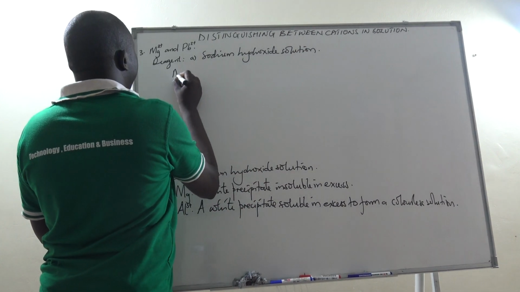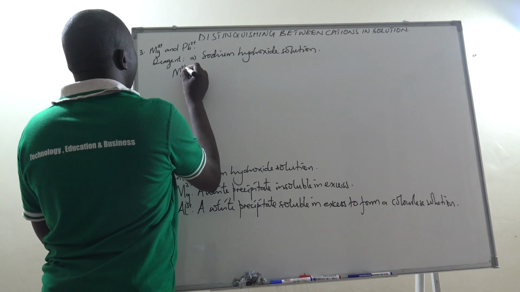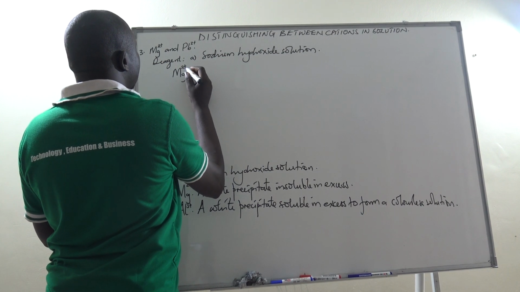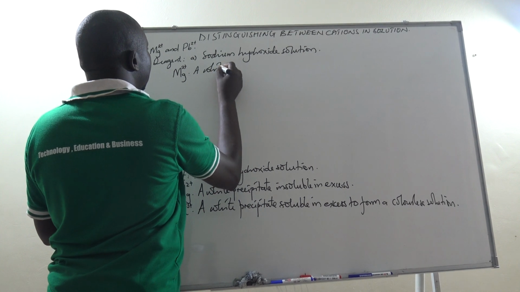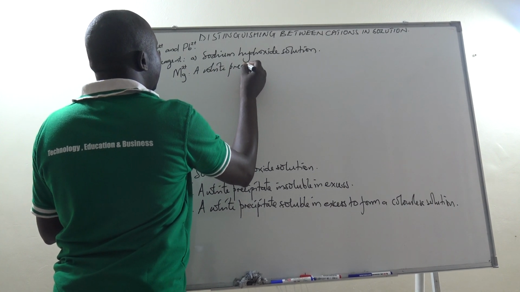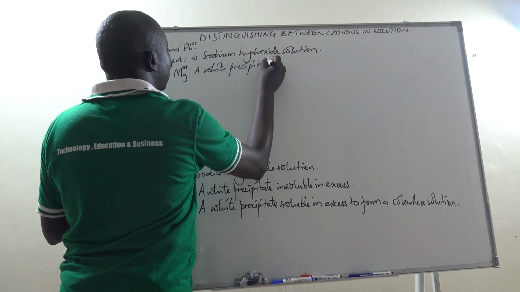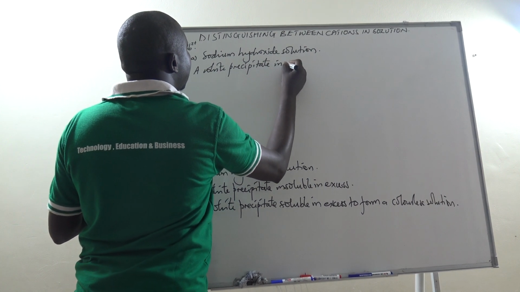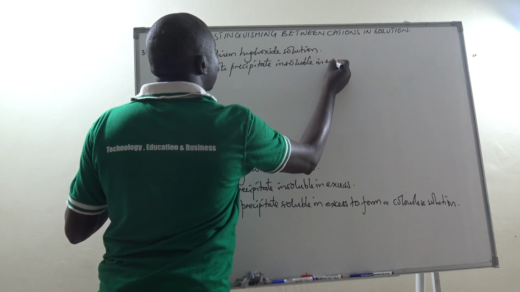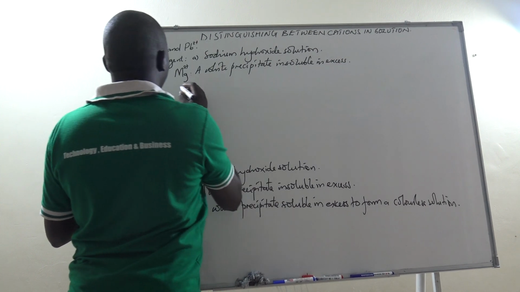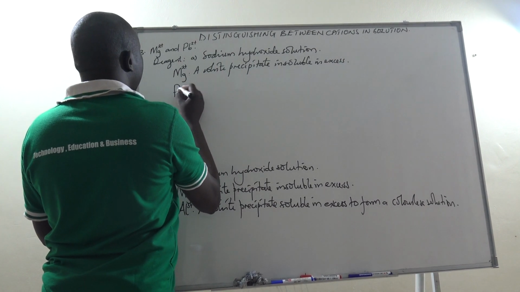So, the magnesium ion, as we know, will give us a white precipitate insoluble in excess. Then the lead 2 ion